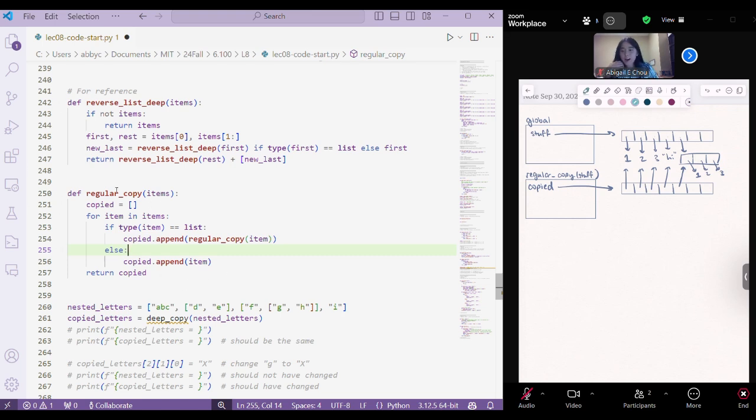Cool. Now that we have that recursively, this is no longer a regular copy. We can call this a deep copy because it works now. Amazing. Okay,